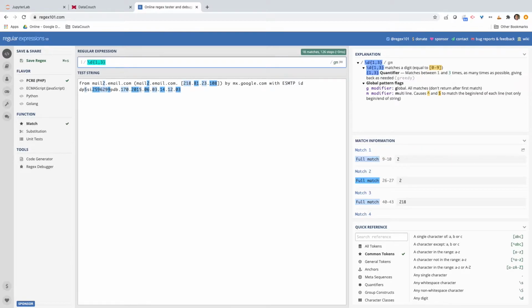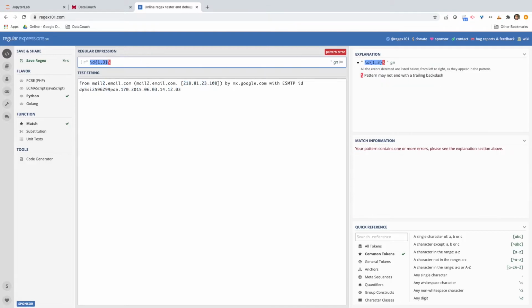It highlights digits, and it shows you the documentation also, in case you are not very comfortable with regular expressions. I will choose Python as the flavor, and if you mouse over, you will find \d indicates 0 to 9, repeating 1 to 3 times. So it is highlighting those things.